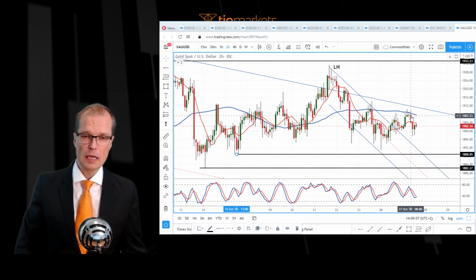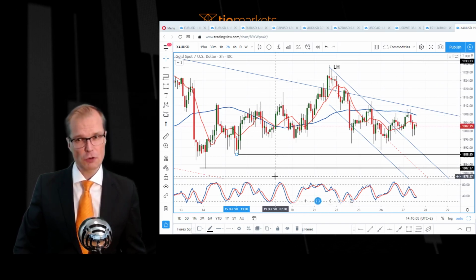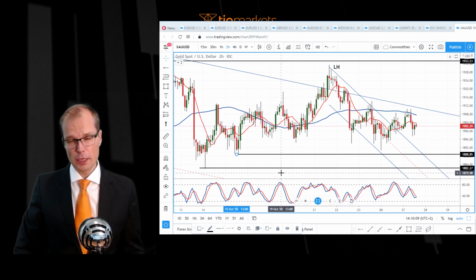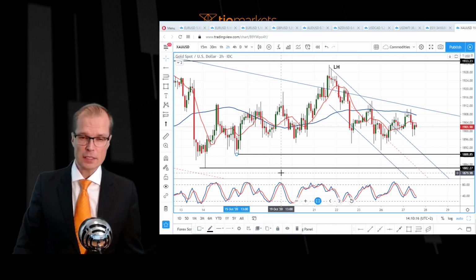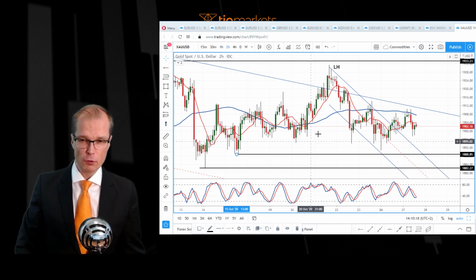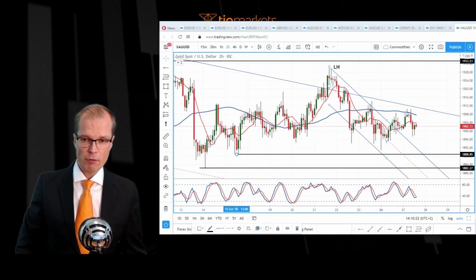So the question is, do we have now some bullishness in this market, which is obviously interesting in the big picture as the market is trending lower? But we have the elections ahead next week, and that means uncertainty, and gold is a market that benefits from uncertainty, as it's often a safe haven, of course. So I'm seeing a couple of things here. Let's take the regression channel off.